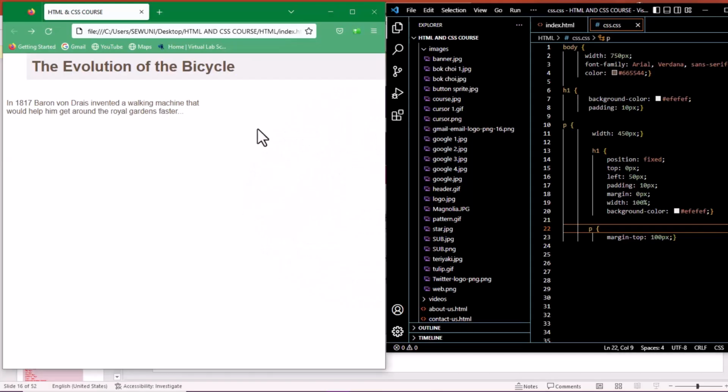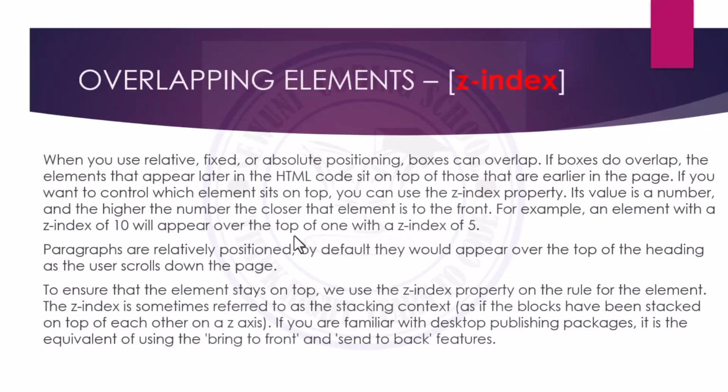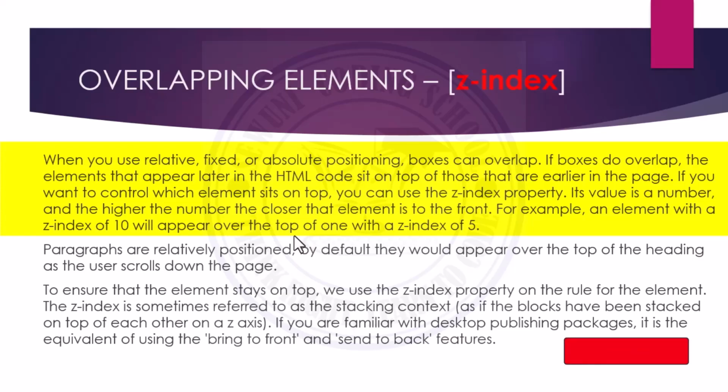So let's go to our slides, check overlapping, and come back to our text editor. Overlapping element. I'm going to use the Z index property, right? When you use relative, fixed, or absolute positioning, boxes can overlap. If boxes do overlap, the elements that appear later in the HTML code sit on top of those that are